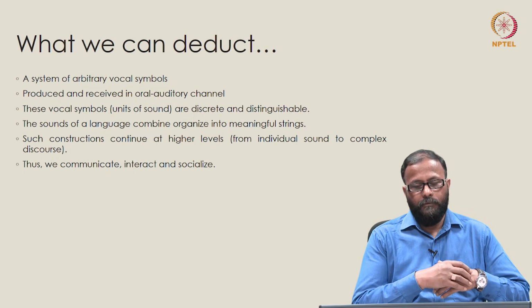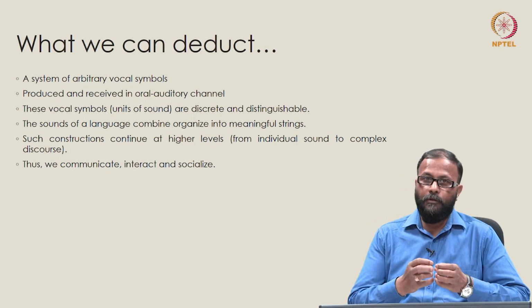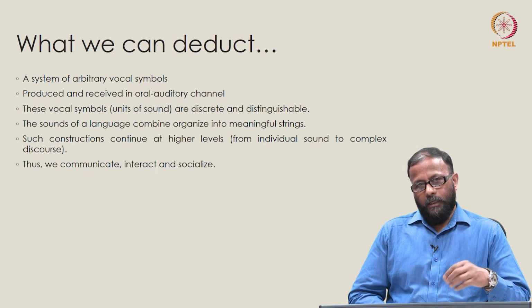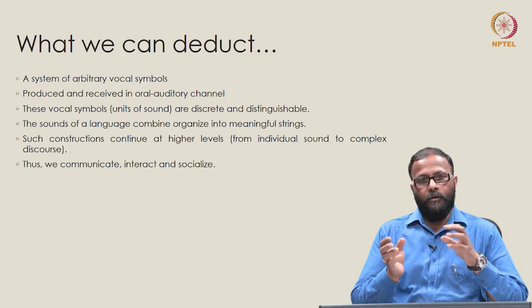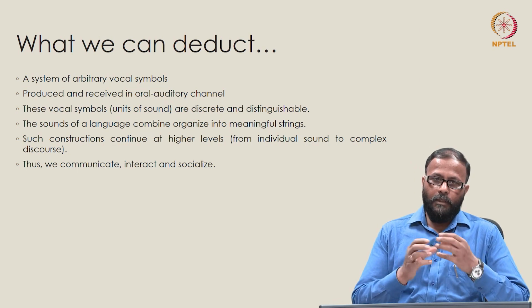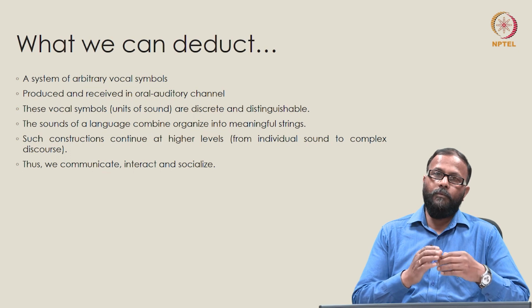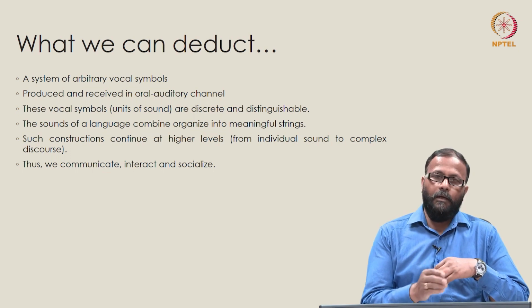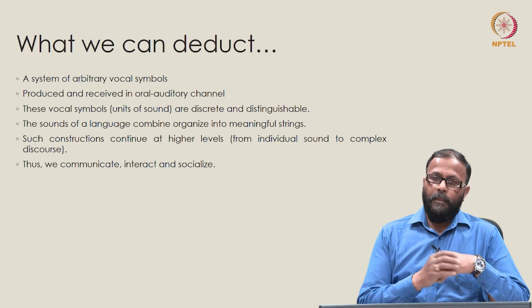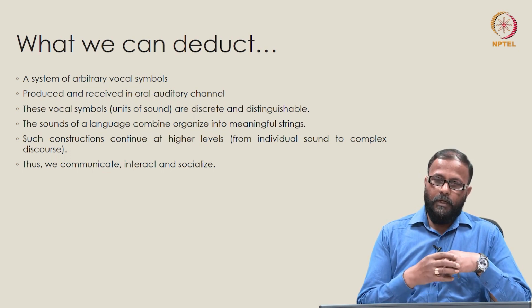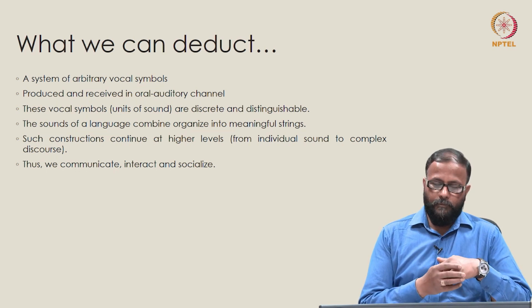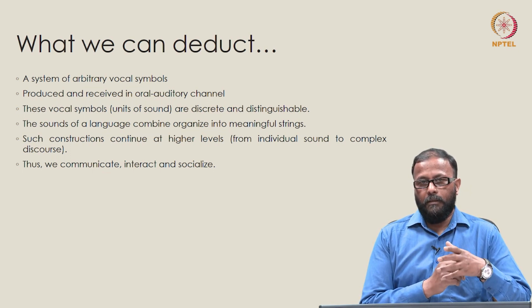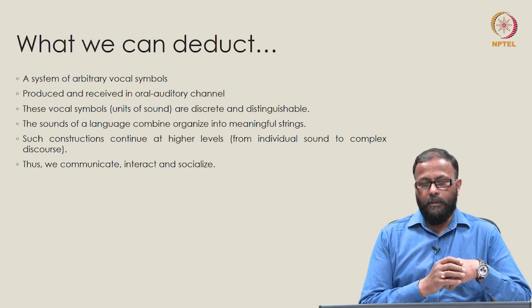Another deduction is that these vocal symbols, which are units of sound, are discrete and distinguishable. Each sound that a language has is distinct and unique, and they contrast with each other. Because they contrast with each other, we are able to find word boundaries, where one chunk of meaningful string ends and the other begins. Each of these sounds is unique, discrete in nature, and we can identify them. They are in contrast and opposition, like p and b, k and g, s and ch. So these sounds are separate, independent,